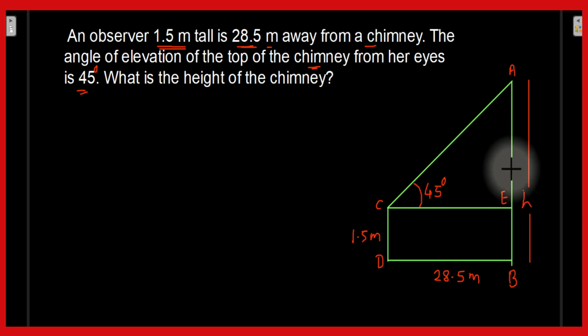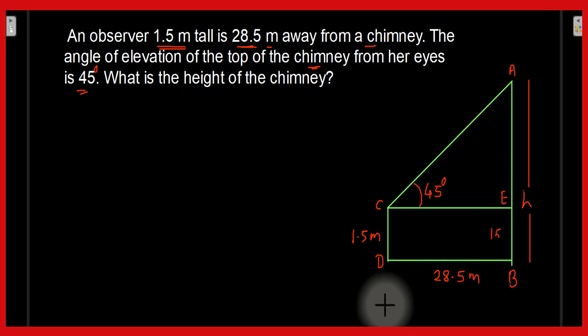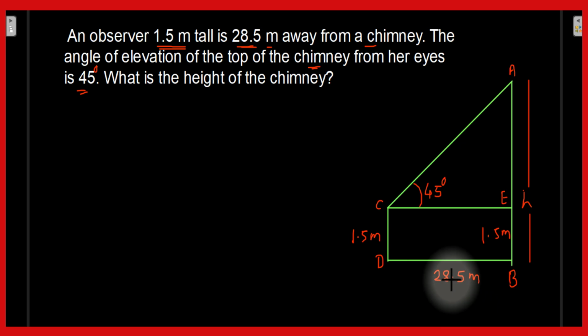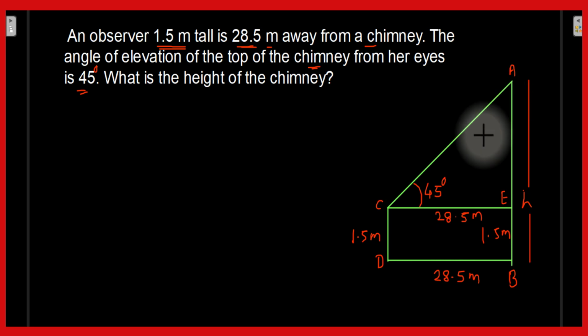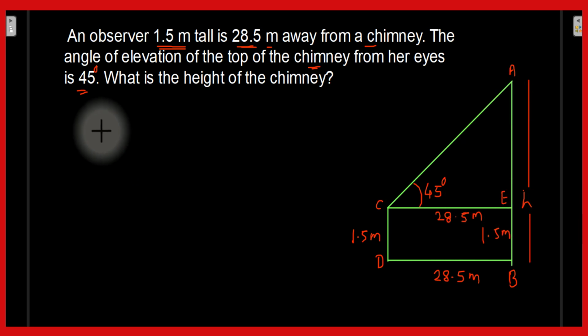Friends, this is 1.5 meter, so this opposite side will also be equal and it will be 1.5 meter. This is also 1.5 meter. And when DB is 28.5 meter, this CE is also 28.5 meter. Now we will take this triangle ACE. In triangle ACE,